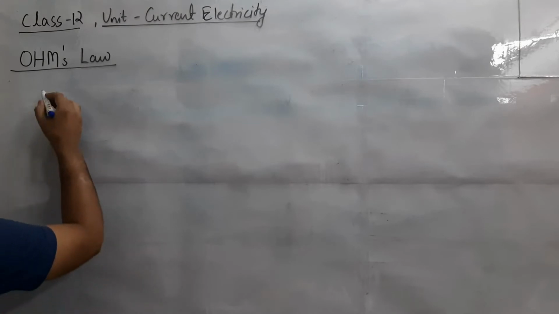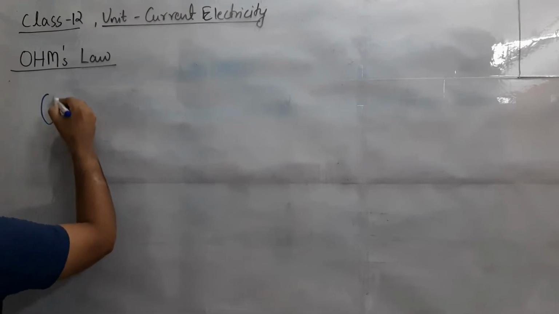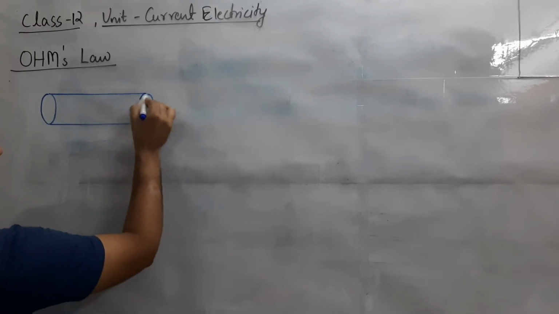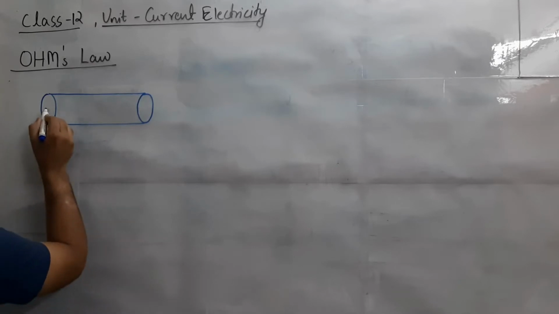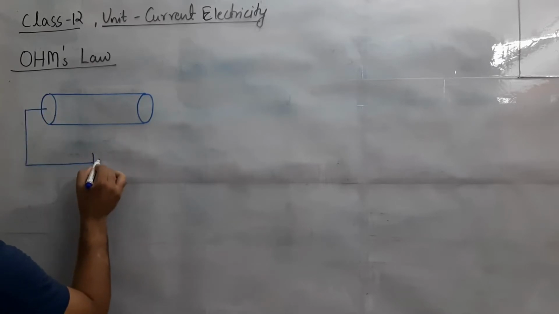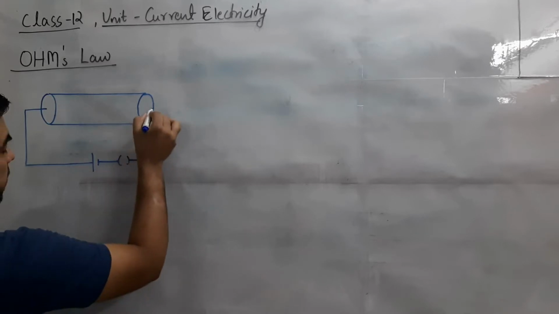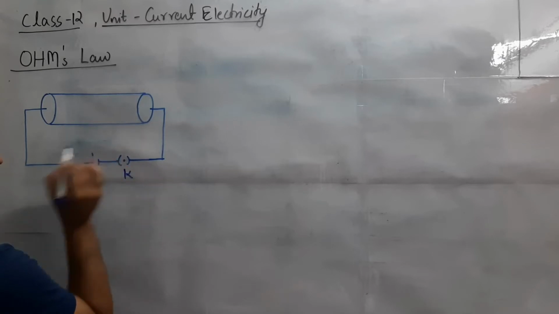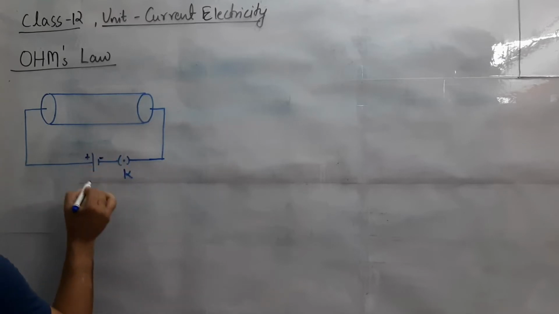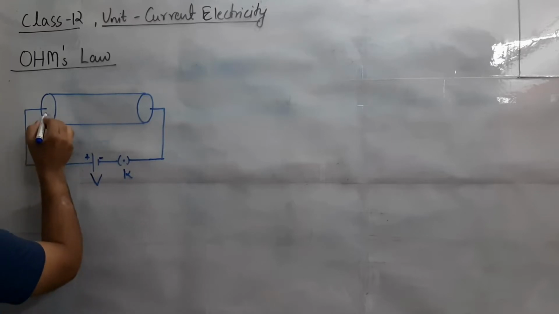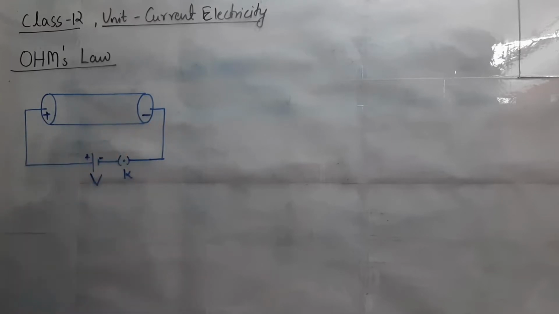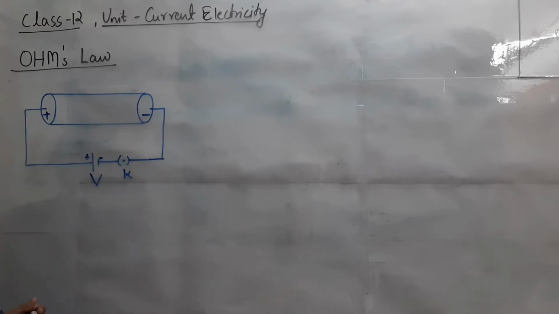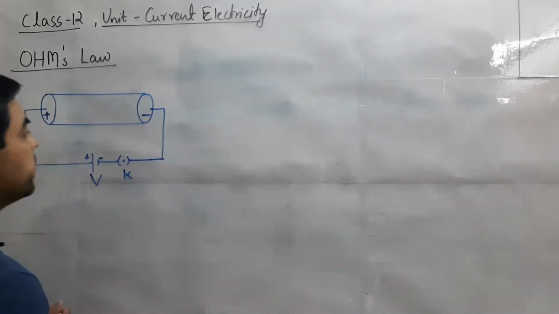Here if we assume the concept of electric current flowing through a conductor, we are again and again making the same type of figure in which we have a conductor and that is connected with a cell or battery with the help of a key. And to produce electric current in the circuit, the simple way is to just close this key, one way key K, and due to that the applied potential difference will produce positive and negative values, so that there will be some potential difference across the wire, and that starts making the flow of free electrons in a definite direction.